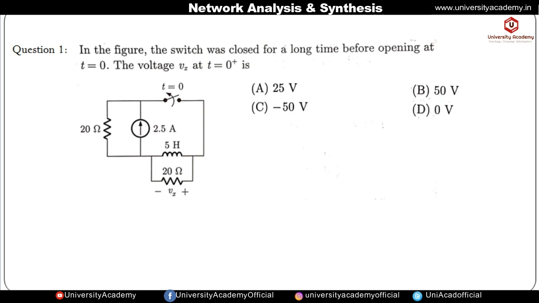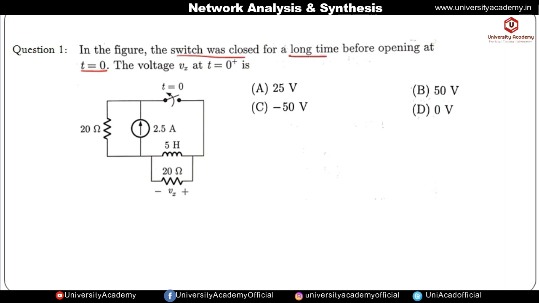Okay, so let us start with question number 1. In the figure, the switch was closed for a long time before opening at t is equal to 0. So it means this switch was closed initially and at t is equal to 0 it is becoming open. It means at t is equal to 0 the switch opens, and before that it was closed